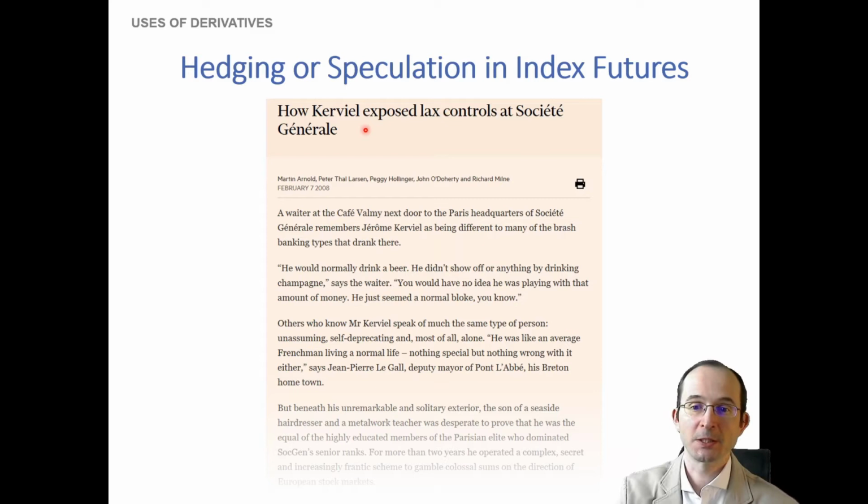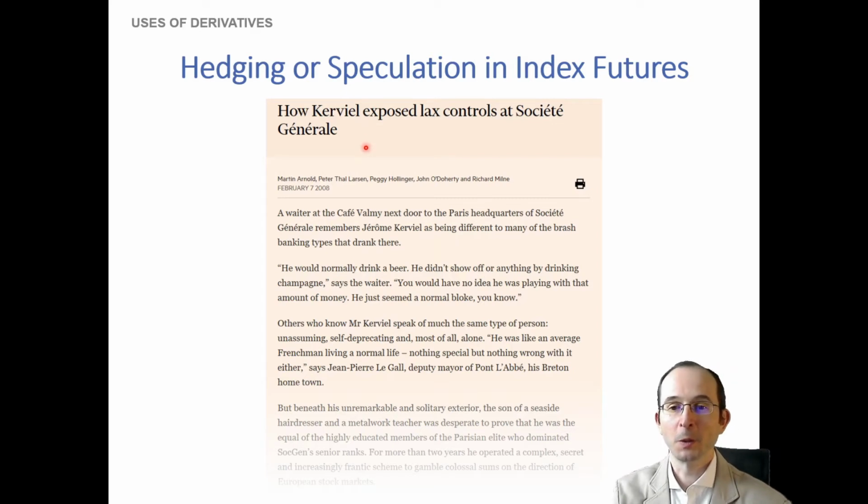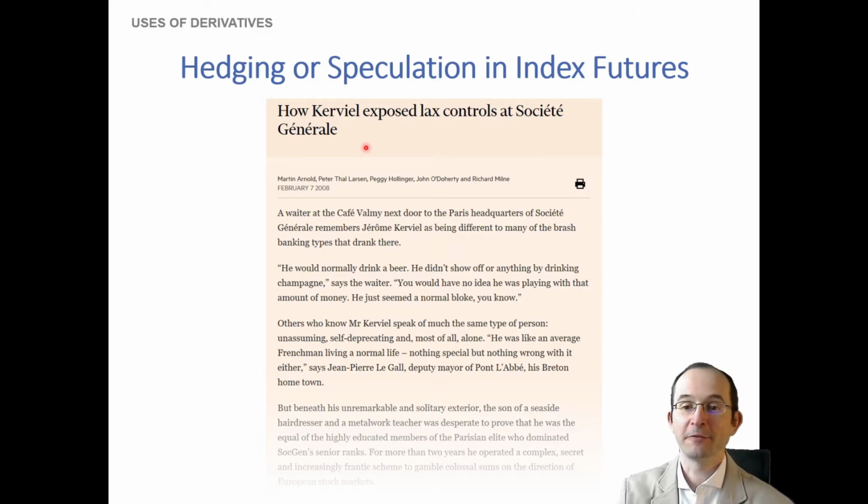essentially entered fictitious hedging trades into bets on index futures. So if they were, let's say, long some position in a European or otherwise index future, they would enter a fake trade that seemed like they were offsetting short perhaps that same index or something that was correlated with it to essentially disguise the true size of the directional bet they were taking, where they were really just only long or short